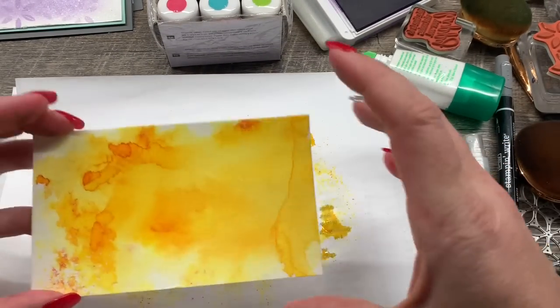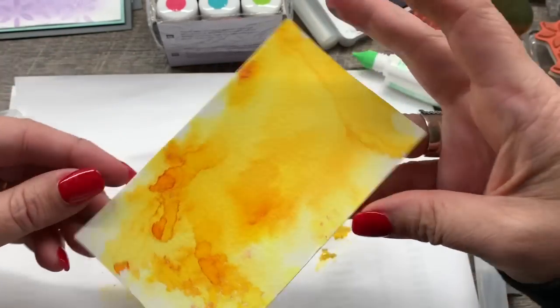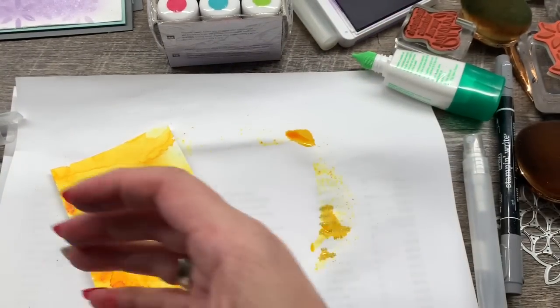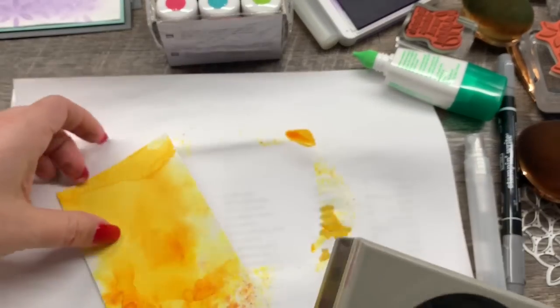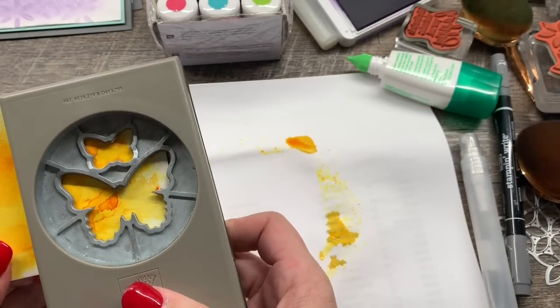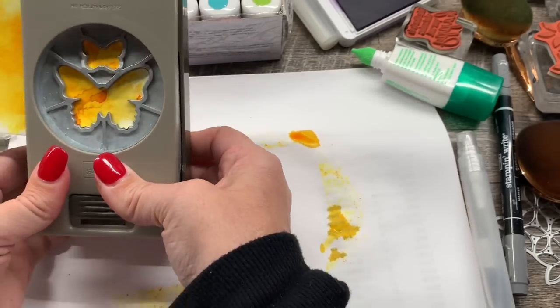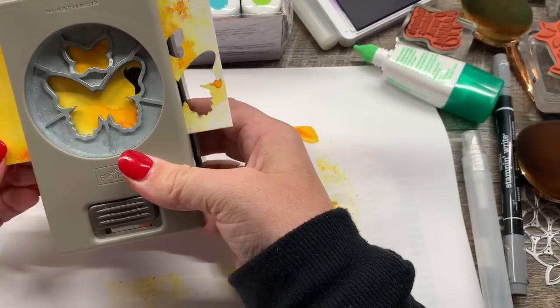Okay, you just want to make sure it's completely clean before the next step. And isn't that a cool looking background? Now I'm going to take my butterfly duet punch, and I want to punch my 2 butterflies out of here. And I want to make sure I have kind of an interesting pattern on here. So I'll punch that